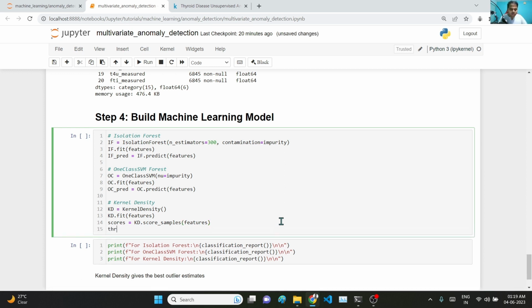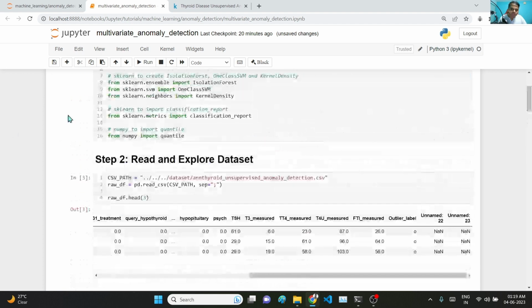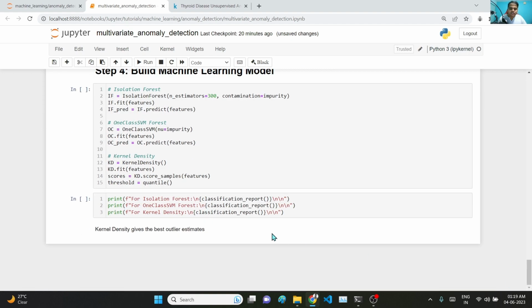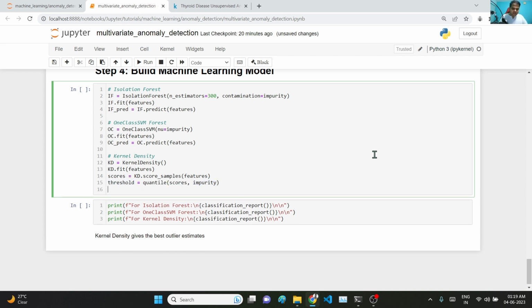now select the threshold equal to quantile. This quantile we imported from numpy at the very beginning. So we'll be taking the quantile which is at the value impurity. So quantile of scores and impurity. So at this quantile, what is the value? That value will be the threshold. Now let us